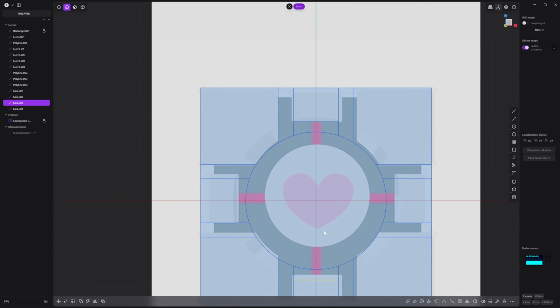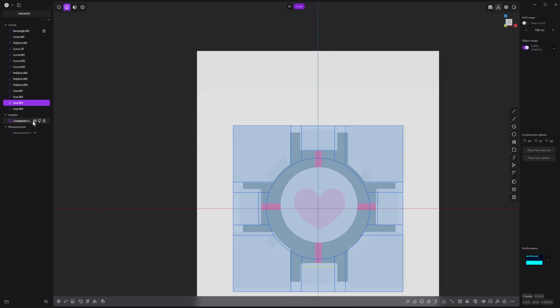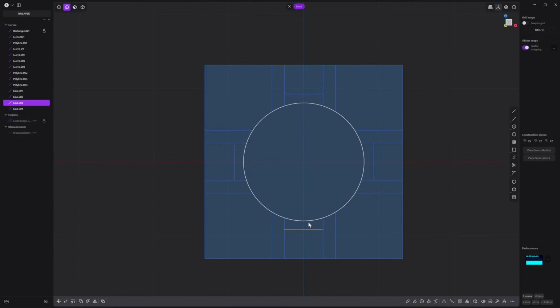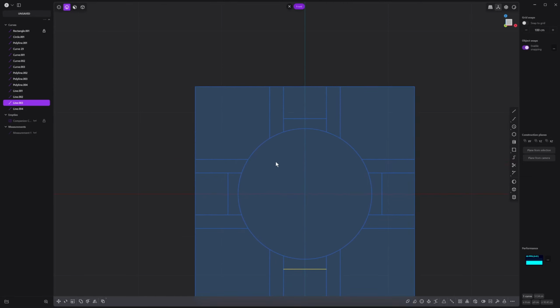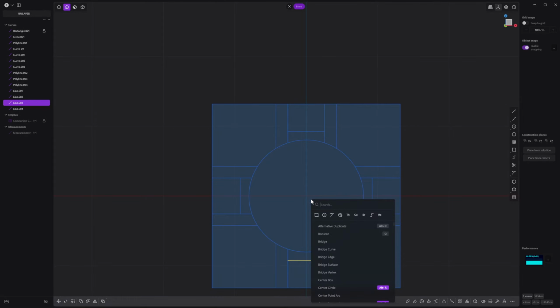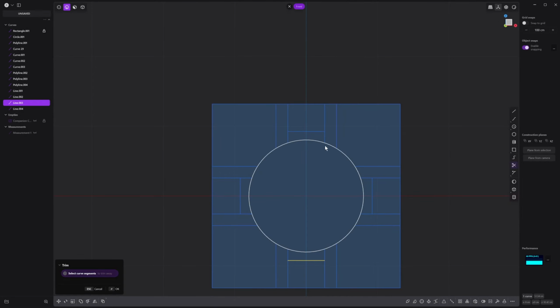Now, let's hide our companion cube. And we've got this shape here. These curved shape. So what we really want to do now is we want to trim. Now you can press F and type in TRIM and you've got trim, and you can see that as T on your keyboard. So pressing T on your keyboard, we can now start to trim out